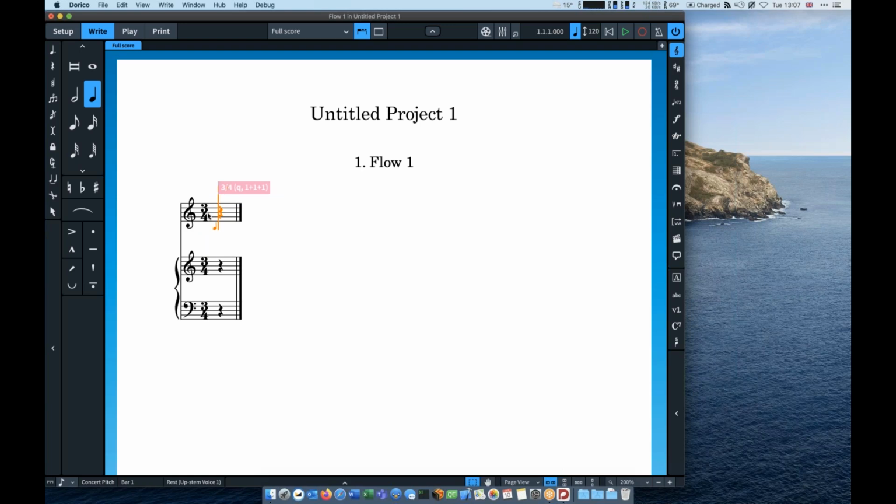Now, the reason I type Shift M is that it's M for meter. And in Dorico, more or less anything you can create in the score, you can always create it with the mouse on the right-hand side here. But the nice thing is that you can create almost everything from the keyboard, and most things are created through what we call popovers. Here's another popover, Shift K for key signature, and I want a D major key signature,